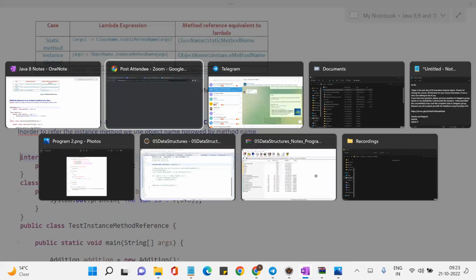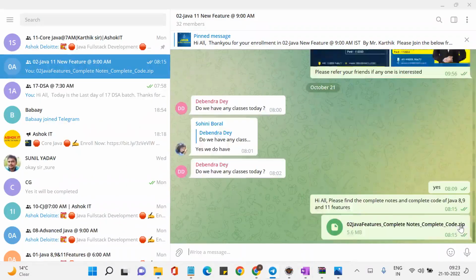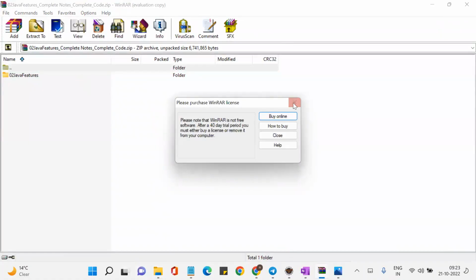So I have completely shared the notes. If you look at the Telegram group, can someone look at the Telegram group? I have shared one zip file, 02 Java features, complete notes and complete code.zip. If you open this zip file, let me open that. See here. If I click on this one,